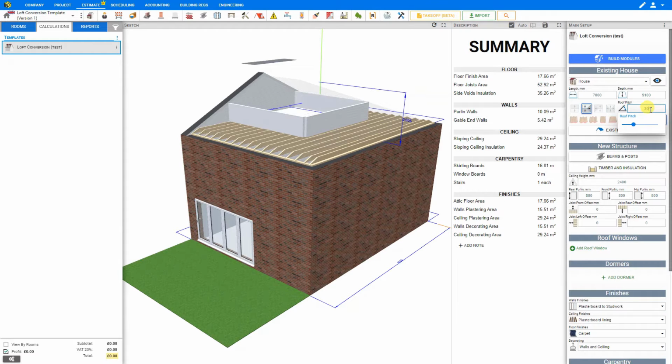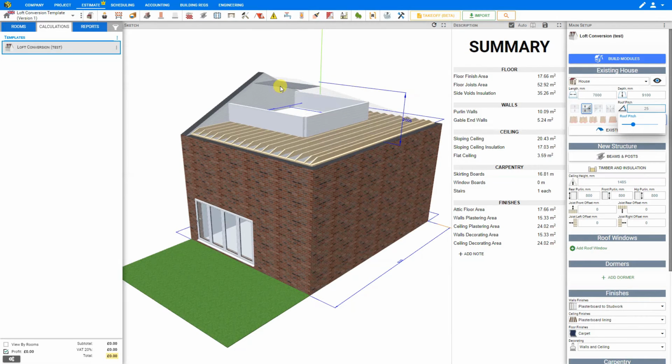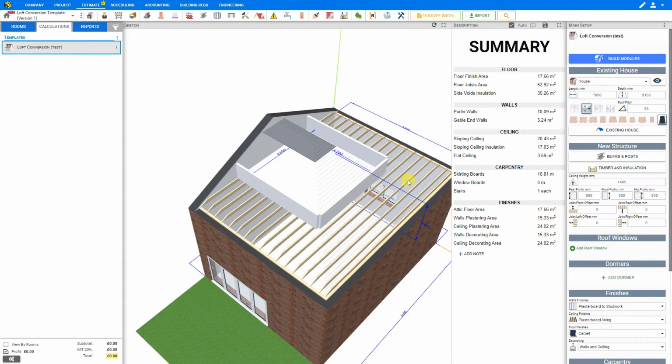We'll just say 30 degrees. And then restore that back to the 25, which it actually is. And that automatically resets the height of our collared ceiling to the maximum height of 1485. Now, if you choose to, let's just change our angle here so we can see this collared ceiling a bit better. We could increase the height of this ceiling right up to the very top of the roof ridge line